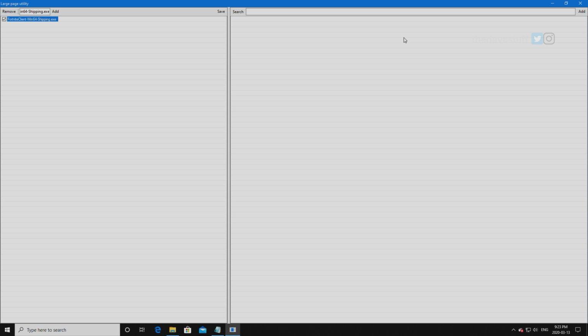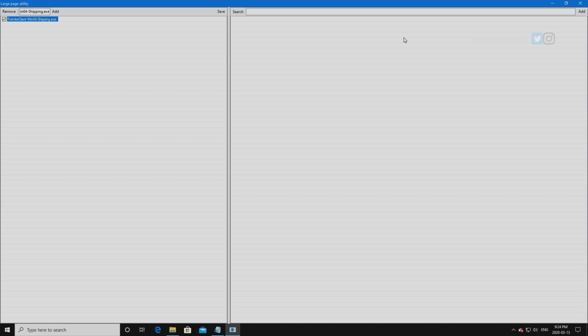Now, if you start messing around and adding Windows options in there, Windows may not completely boot, and if you need to get into the utility again, all you need to do is when Windows boots up and it doesn't run, you won't see your desktop on your screen, you just need to press Control-Alt-Delete, go into Task Manager, go to Run, and then just type in a CMD option and then hit